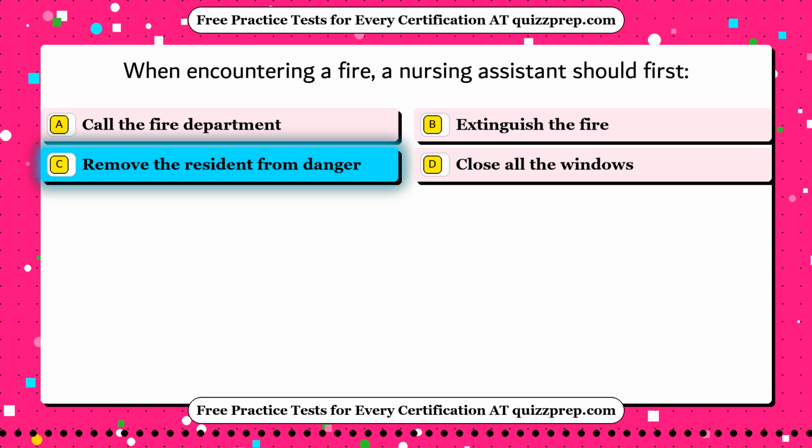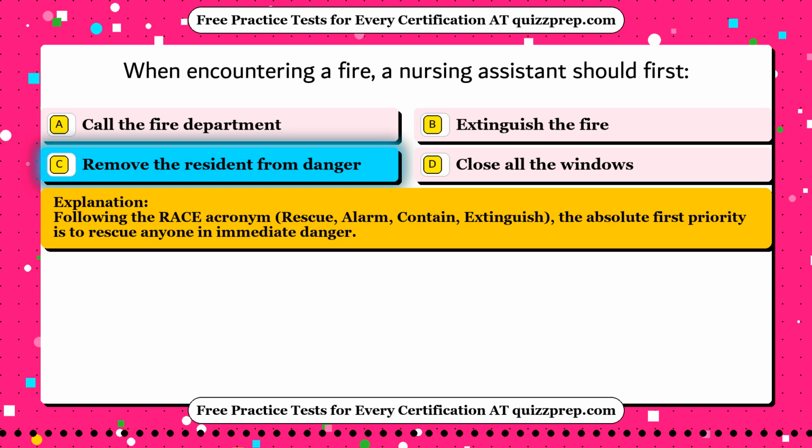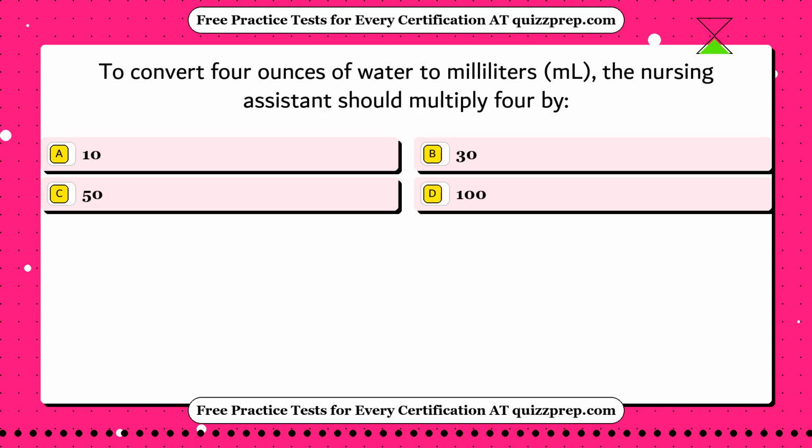The correct answer is option C, remove the resident from danger. Following the RACE acronym, rescue, alarm, contain, extinguish, the absolute first priority is to rescue anyone in immediate danger. Question 5. To convert 4 ounces of water to milliliters, ml, the nursing assistant should multiply 4 by: Option A,